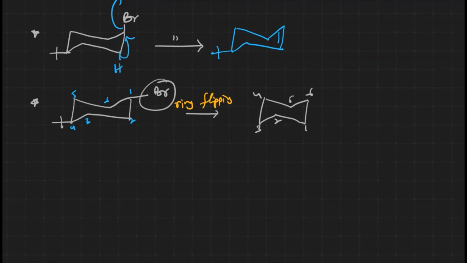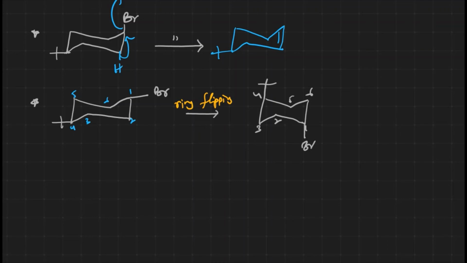Now, bromine is there in the upward direction or downward direction? Comparatively, it's a downward one, right? It's not the axial one. That's why we have to take bromine in the downward direction. Now, the tertiary butyl over there is not axial down, it is in the upward direction only. That's what it becomes, the upward direction over there.